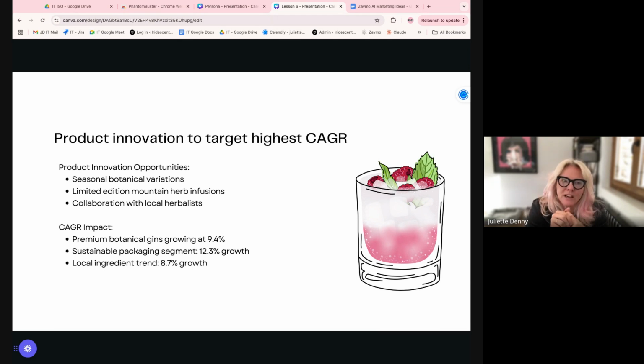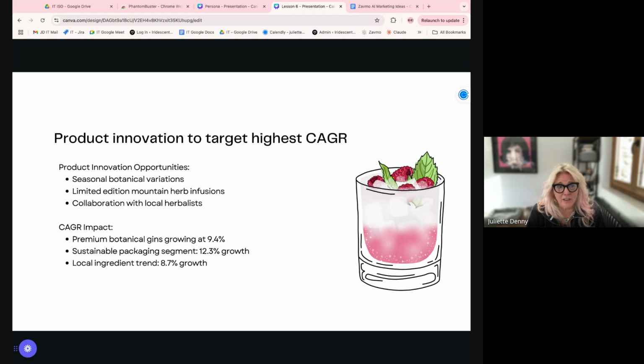Okay, so what we have seen is the areas of the gin market that are growing the most, growing the quickest, right? And again, all of this is on AI. All you need to do is ask ChatGPT the question: what areas within my bigger market are spearheading the growth? So this isn't anything that you need to worry about actually doing.